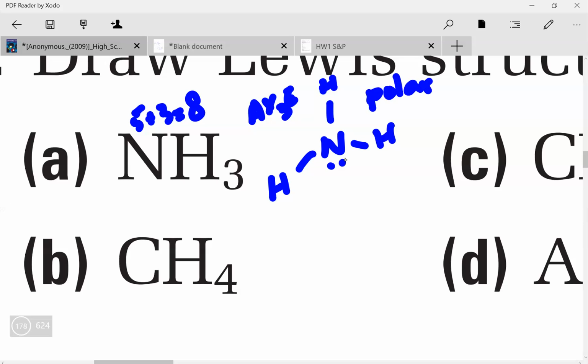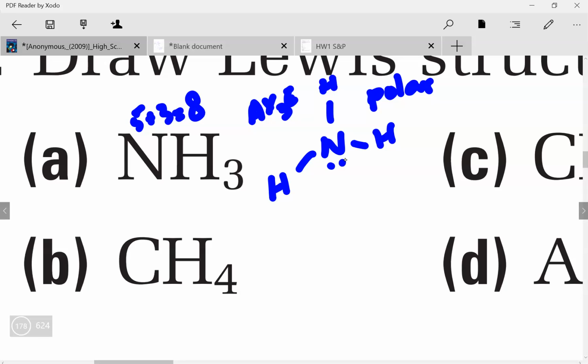Again, hopefully, if you have a textbook, you're opening your textbook to page 182, 183, 184. I can't remember which. But you're looking at your VSEPR chart, and noticing that this AX3E has a trigonal pyramidal structure. That will be polar because it has its lone pairs. This is good practice for what's going to be coming up, so we might as well get in the habit